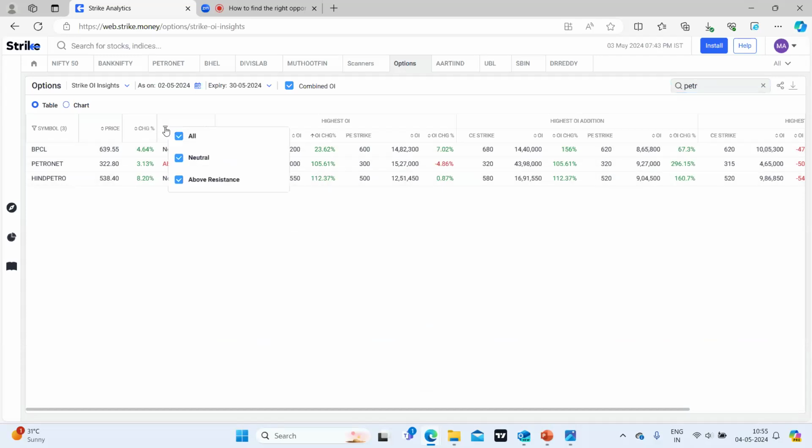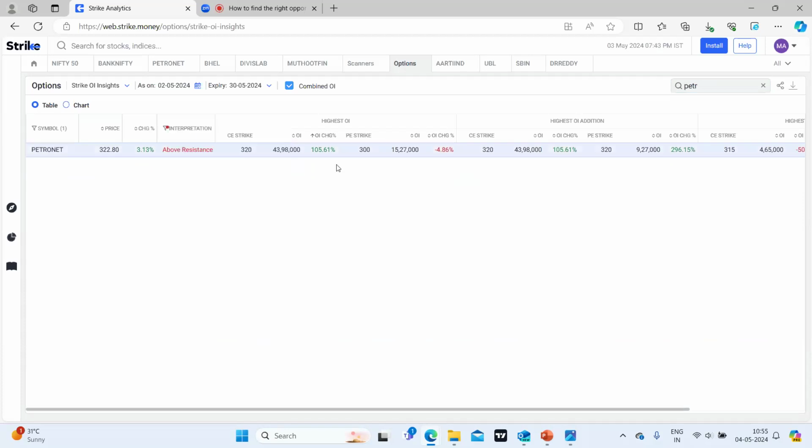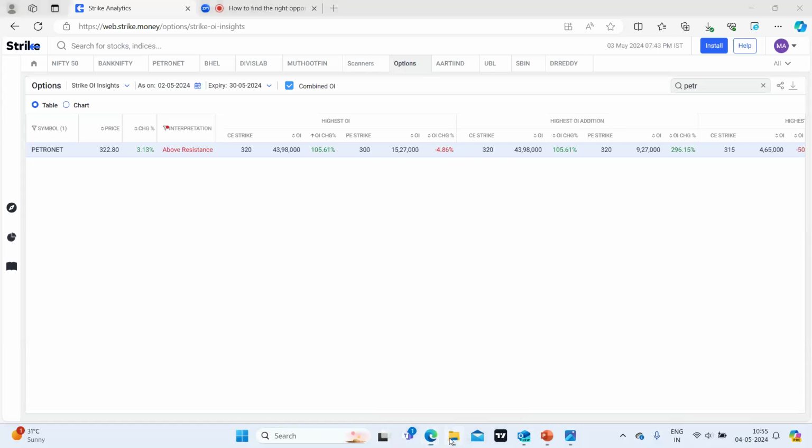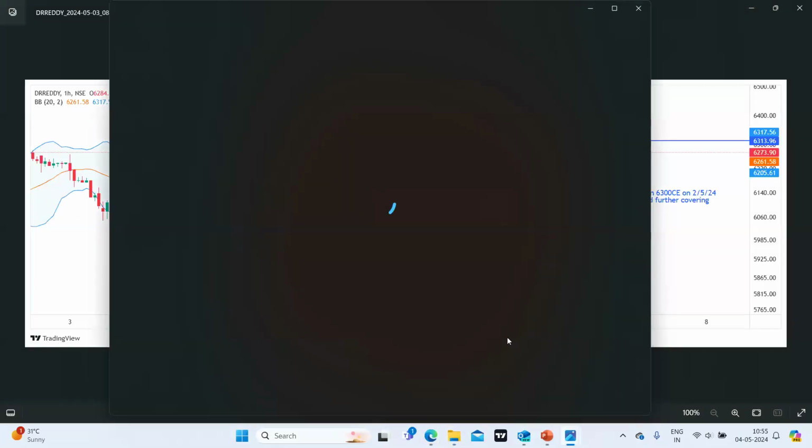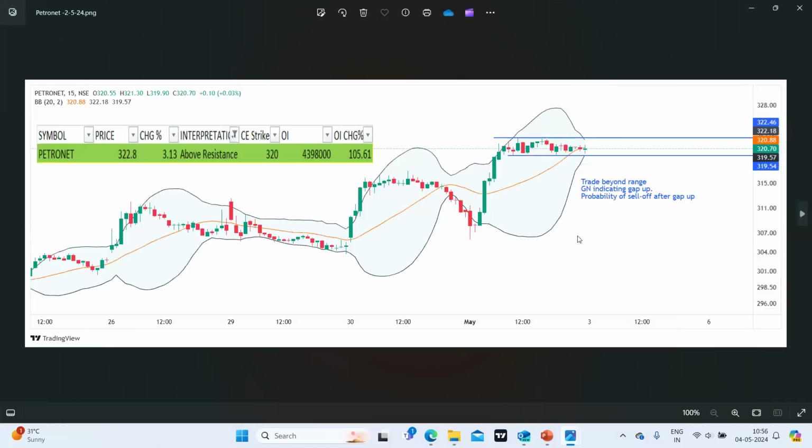तो कुछ था नहीं, तो आई ट्राइड सर्चिंग अदर थिंग्स। दिस वाज इंटरेस्टिंग, 105% अबव रेजिस्टेंस, अगेन अबव रेजिस्टेंस है, क्राइटेरिया मेरा वही है, बट 105%, so that means there the sellers are stronger of 320 call, and there is a covering in 300 put. So despite 7% price is 7% above the support, the put writers are not confident enough, है ना? तो मेरे को उसका चार्ट देखना था, तो दैट आई हैड टू गो टू 15 मिनट्स, क्योंकि आर्ली पे वो कुछ बन नहीं रहा।